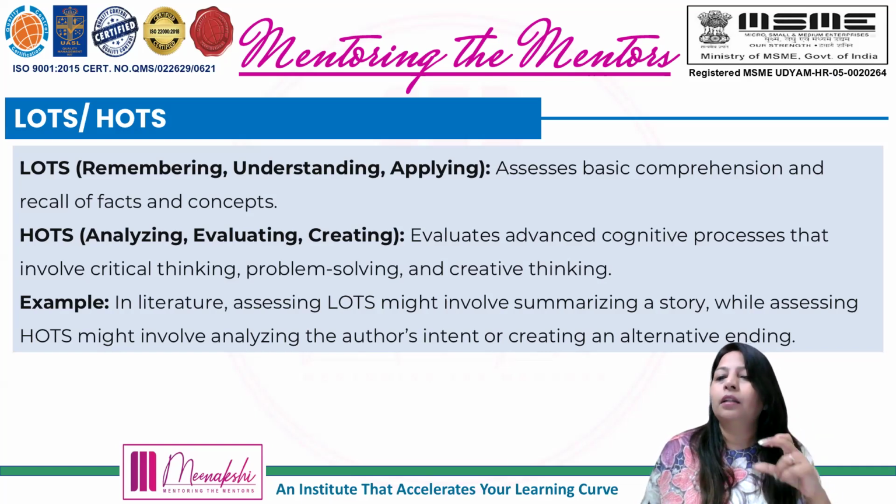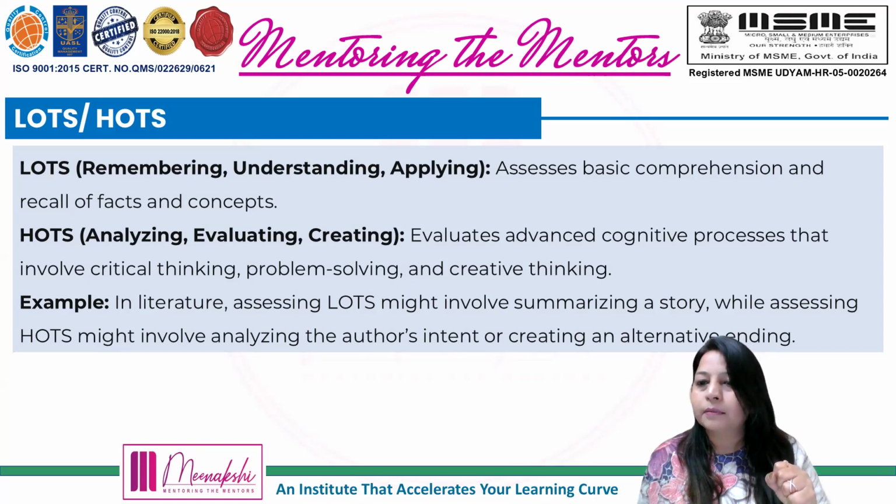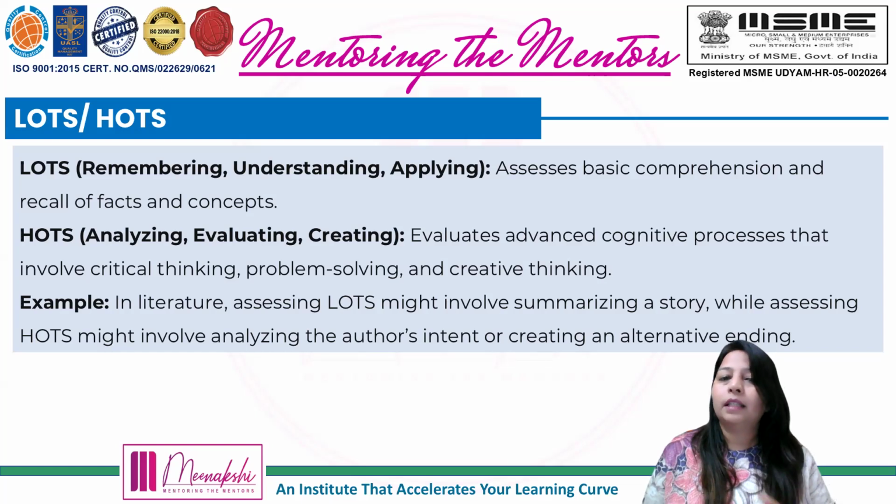These 3 are the lower order thinking skills. When we go up, as per the Bloom's pyramid, we have analyzing, evaluating, and creating, which are the higher order thinking skills. Now, as a teacher, you need to decide whether you are going to assess the basic comprehension skills of the students, whether you want them just to recall the facts and the concepts that you have taught in the classroom,